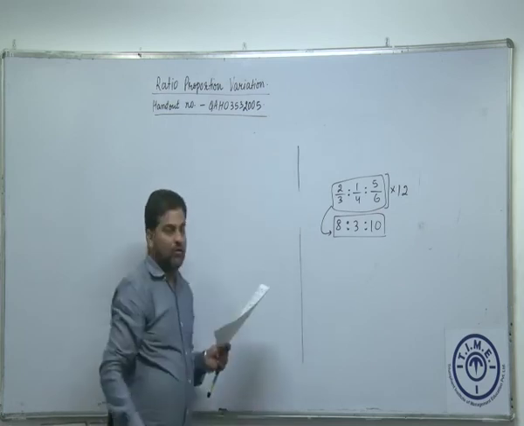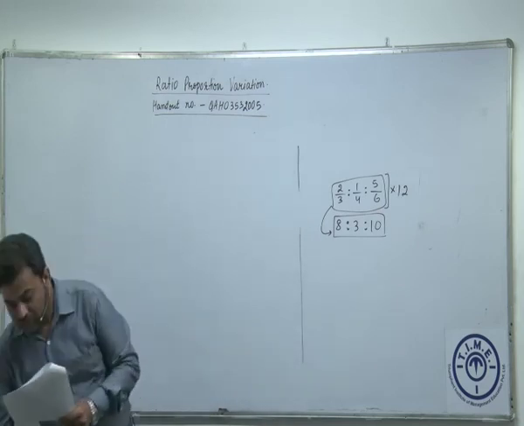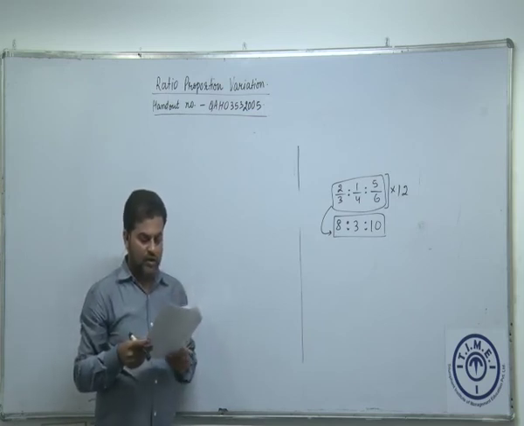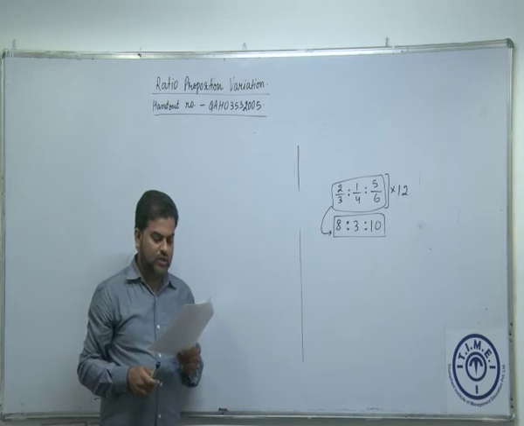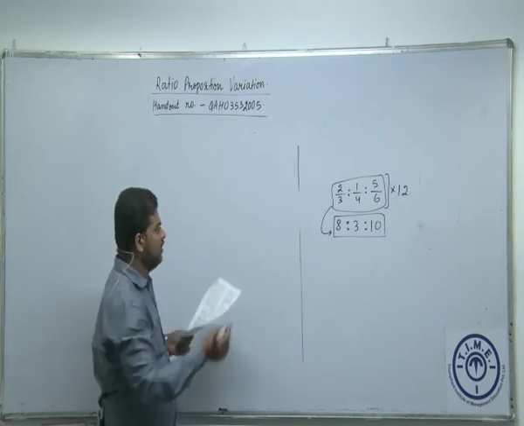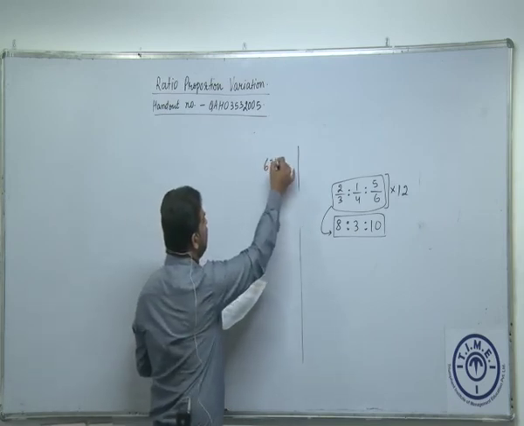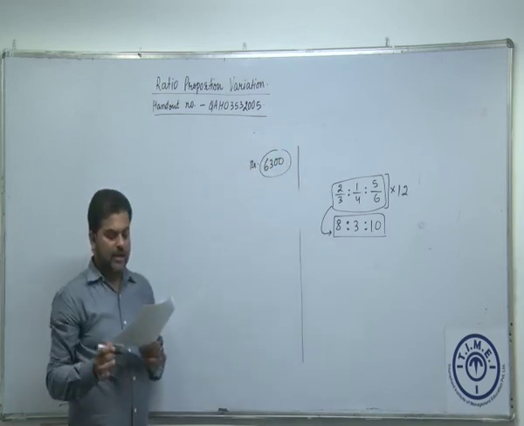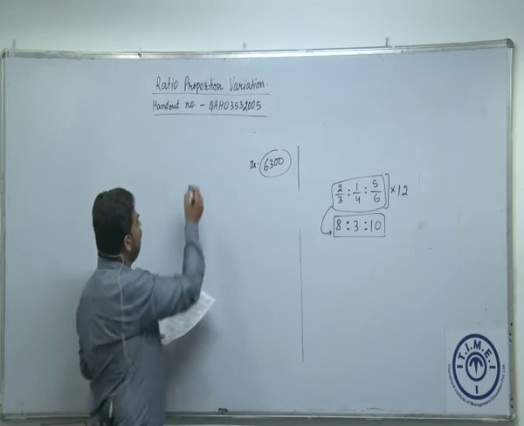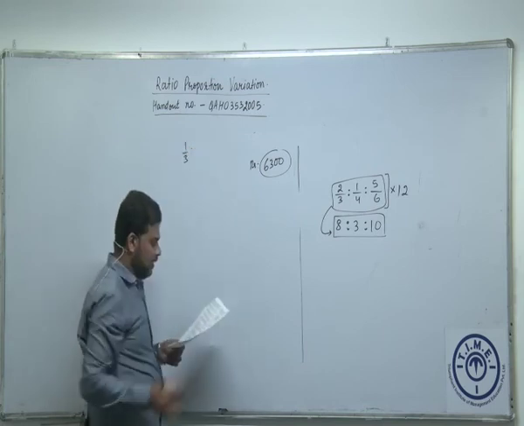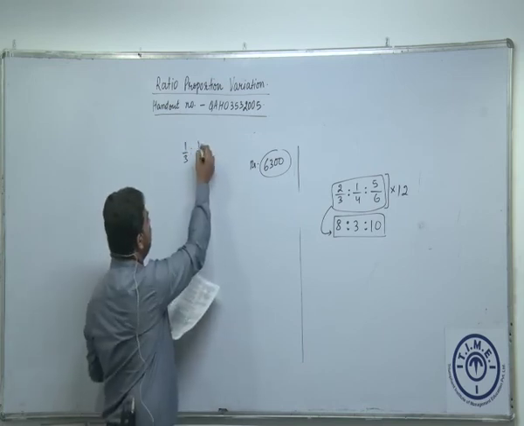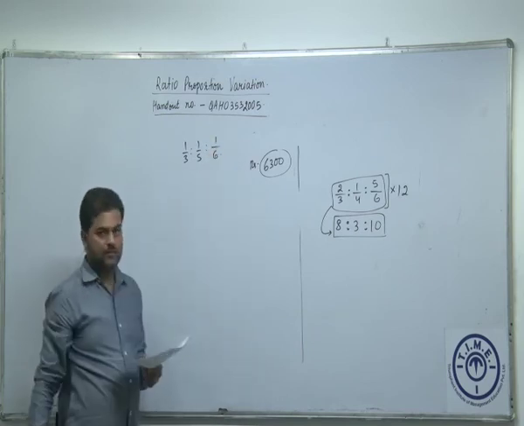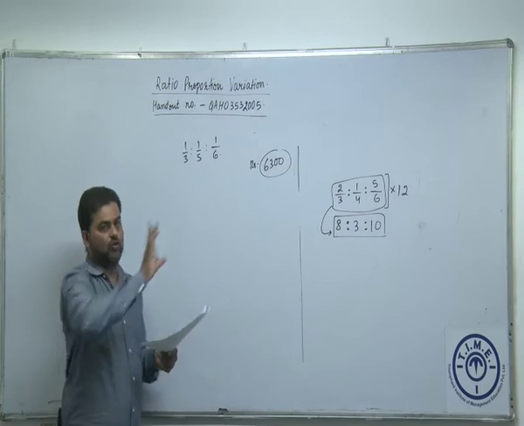Okay, let's understand what is given and what we have to find. It says 3 friends P, Q and R together won a lottery and intended to share the winnings of 6,300. So the total amount that they have won is 6,300 rupees. And they intended to share it in the ratio 1/3 is to 1/5 is to 1/6. This is what they intended to do.